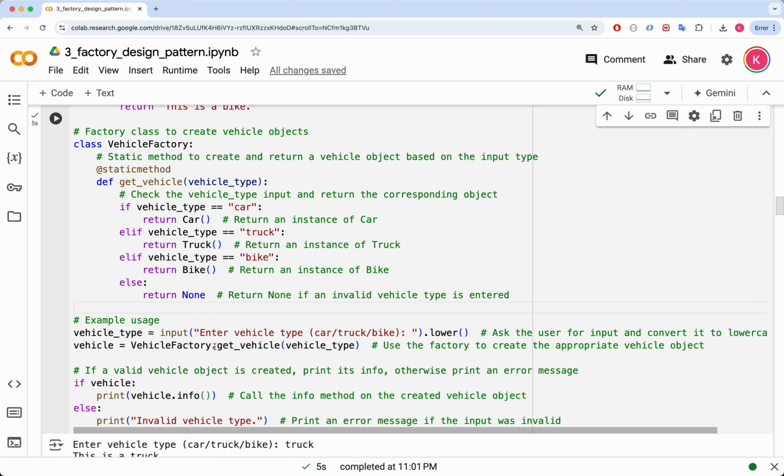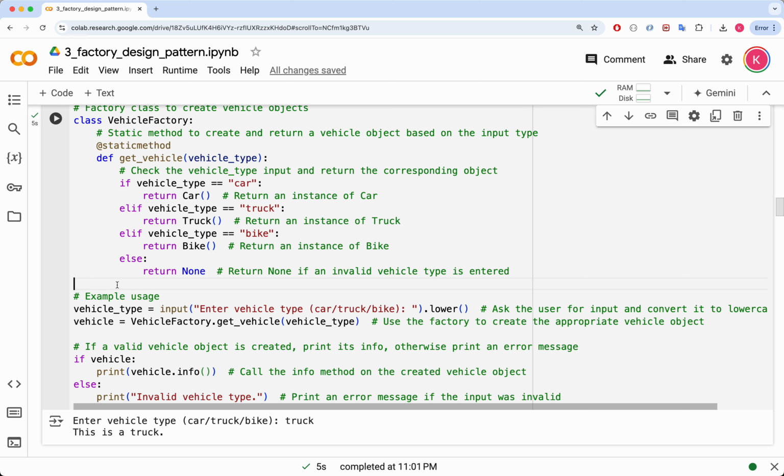vehicle class. If the input is car, it returns a car object. If truck, it returns a truck object, and if bike, it returns a bike object. If the input does not match any known vehicle type, the method returns None, allowing the client code to handle invalid inputs gracefully. In the usage example, the program prompts the user to input a vehicle type and then calls